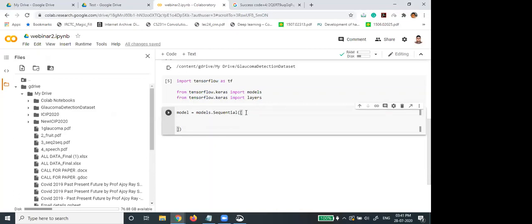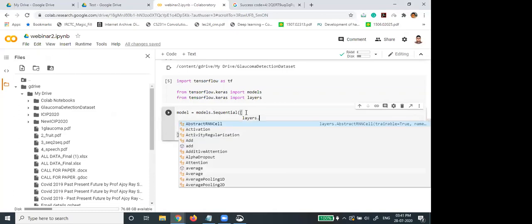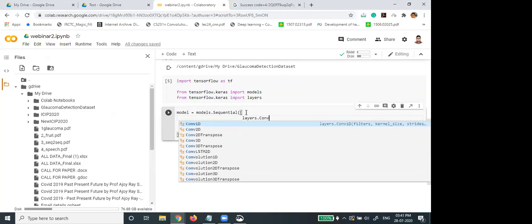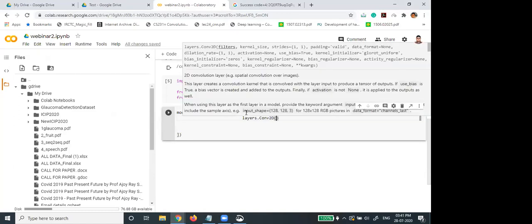So here, very simple, layers dot, for convolution we will create Conv2D, that convolution layer. Here I am giving 16 feature maps.